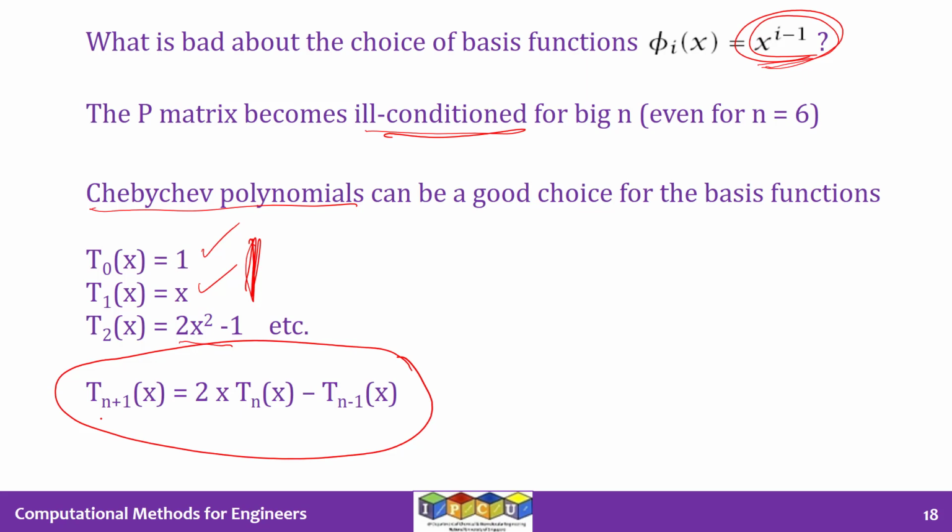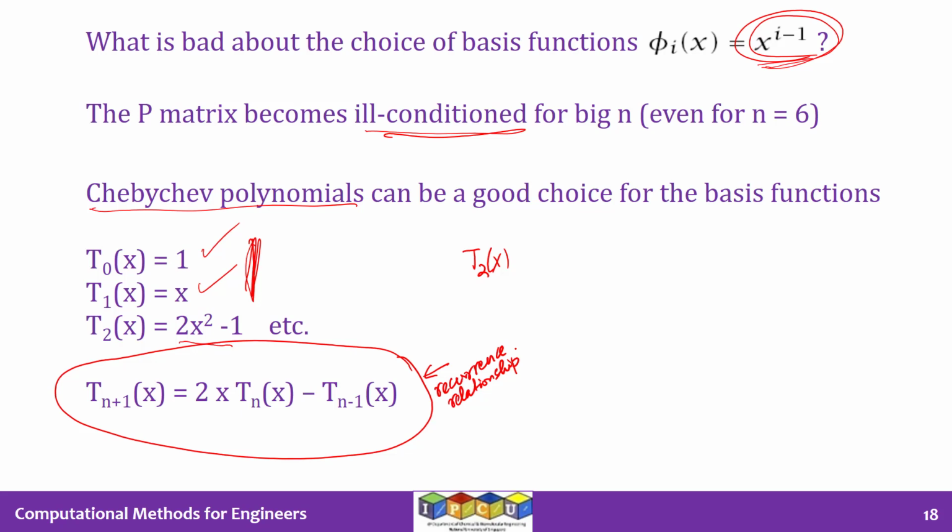If you know the first two Chebyshev polynomials, you can construct the third, fourth, fifth, etc. And I'm sure you would have looked at recurrence relationships for Chebyshev polynomials, for Legendre polynomials, for Laguerre polynomials, etc., in a course where you study differential equations, Fourier series, and those kinds of courses. So I'm not going to go into these in detail here, but just to jog your memory,